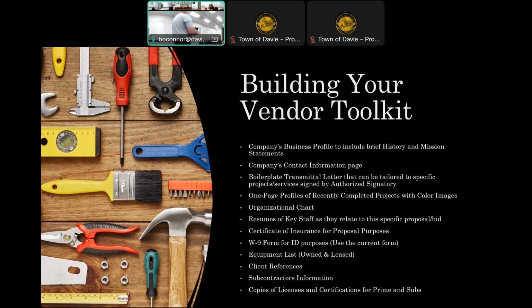So that's why I said your line of business is this, for vendors, for contractors that don't do this, you guys are really where we look at things and say, this is how it should be done, because of the way you, qualification-based professionals, are submitting your packages. Again, you put together your profiles, color images, organizational charts. You guys do all that stuff. I hope your firm does that stuff too.